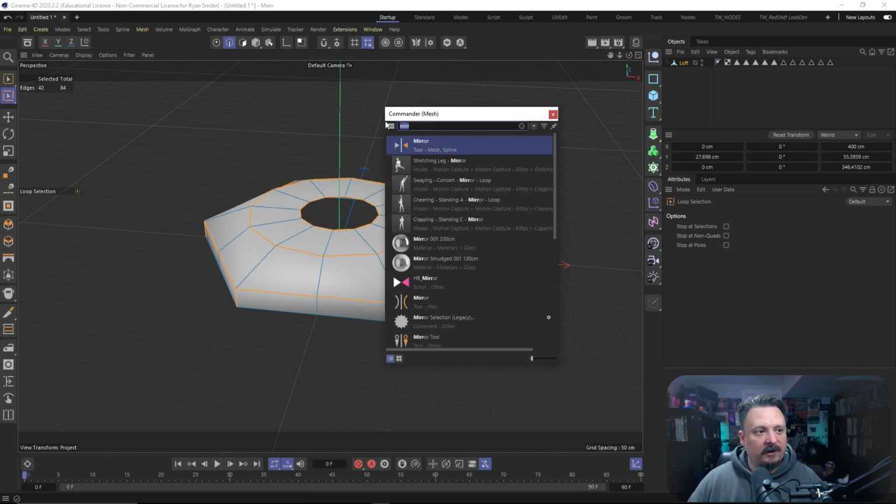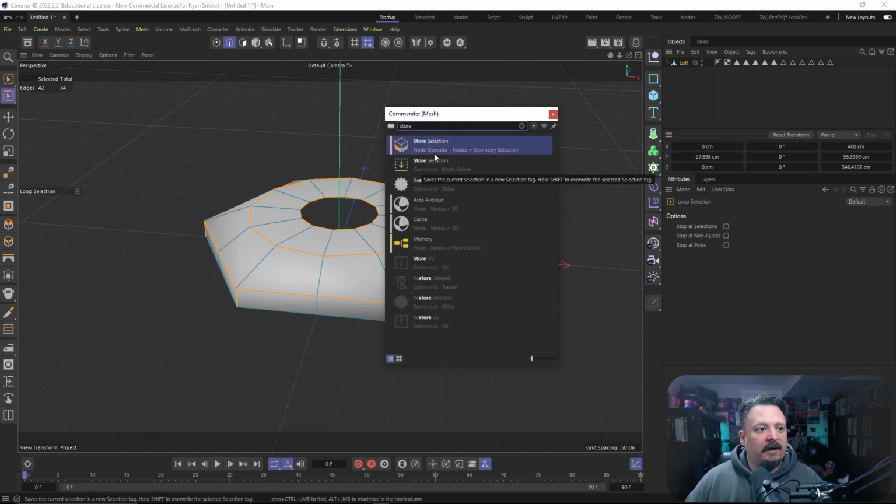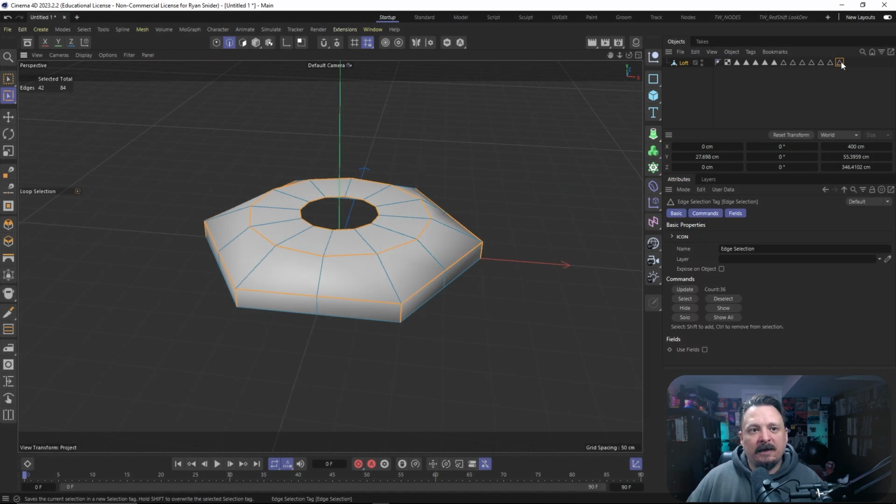So Shift-C brings up our commander. If we search out store, we will find store selection. 2 of them, actually. We want to use the one that has the arrow here. So double-click on that, and that has added a stored selection to our tag. Now, we could double-click on this and bring it back, and we've got other options that we will be using